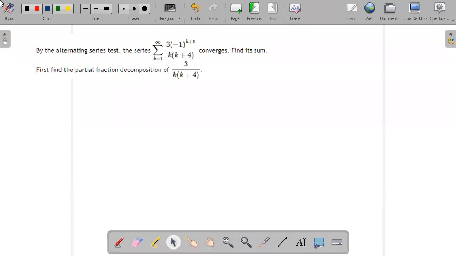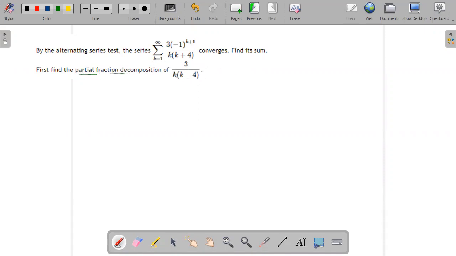So at this point in our careers with series, we only know two types of series for which we can find a limit: telescoping series and geometric series. Otherwise, we don't know the limit of the sum. My claim is that this is a telescoping series, but I've got to do the partial